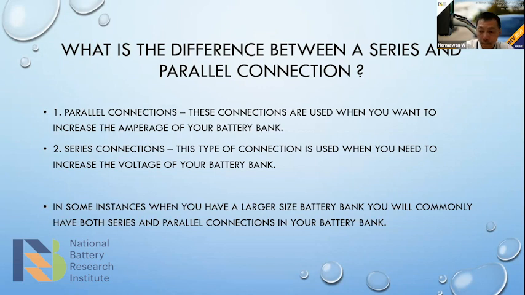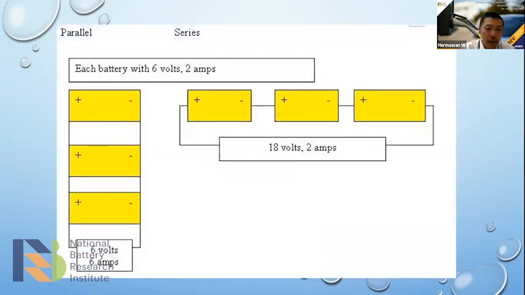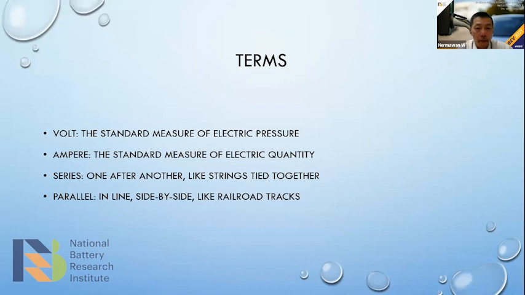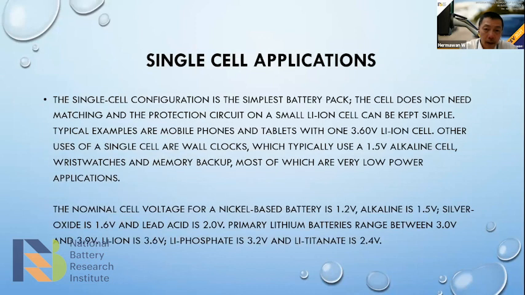And then, you just mentioned this parallel connection and serial connection have different purposes. It's like this: you want to increase the volt, or you want to increase the capacity. This is the combination of series and parallel. And then this is the term. A single cell is one of the simplest battery types. The cell doesn't have protection, but